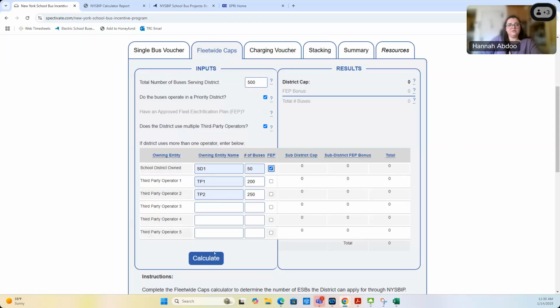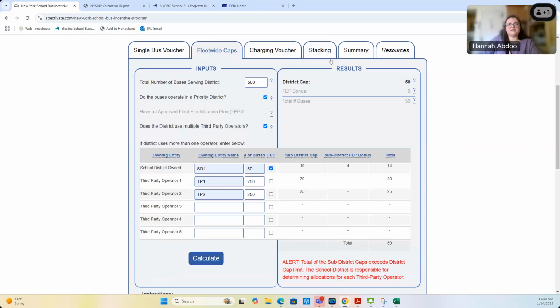Now that we have everything filled out, we'll hit calculate, and you'll see at the top, the district cap is calculated at 50. Down here, we have the sub-district cap for each operator: 10, 20, and 25. You'll see at the bottom an alert: total of the sub-district caps exceeds the district cap limit, because again, that district cap is the end-all be-all total for the district. So this is 50, and this is 55, which is more. What does that mean? That means the school district is responsible for determining the allocations between all the operators,